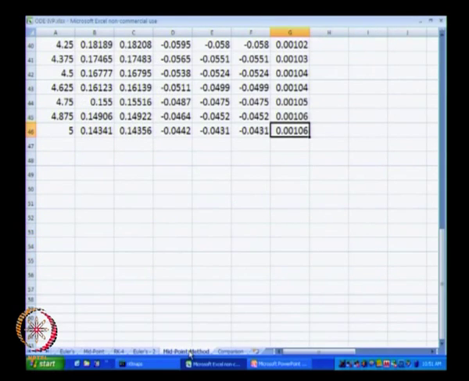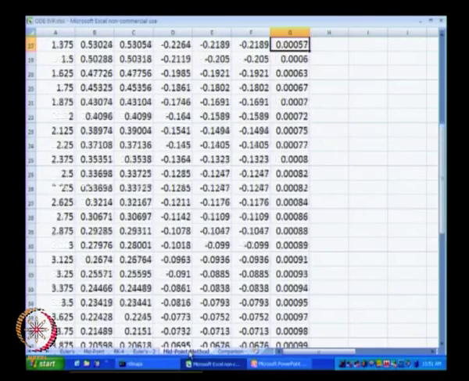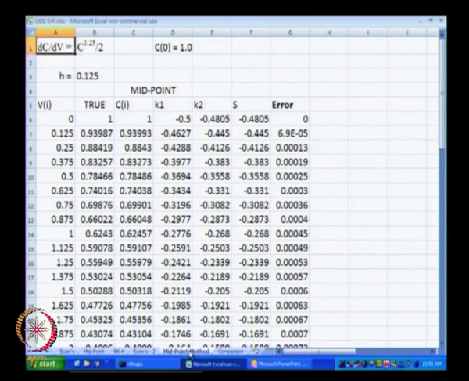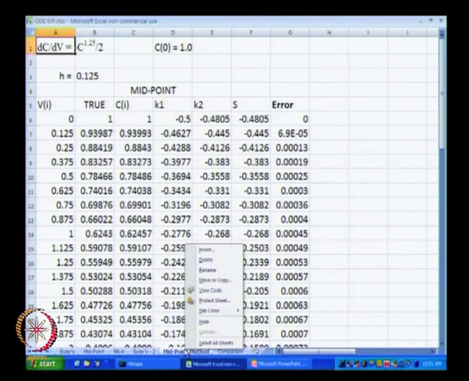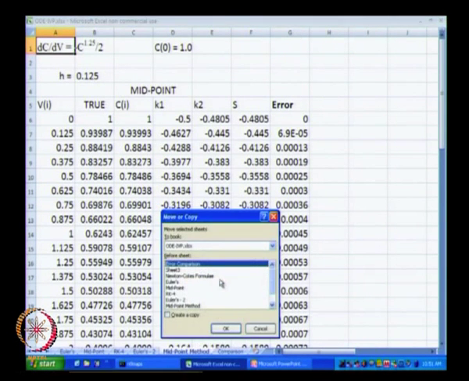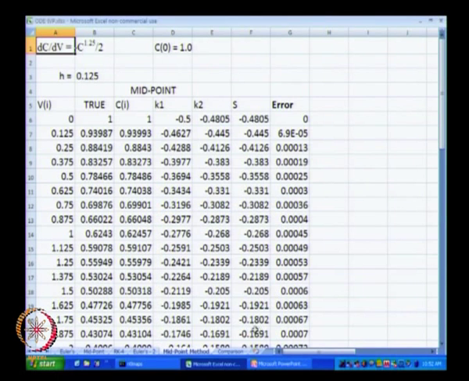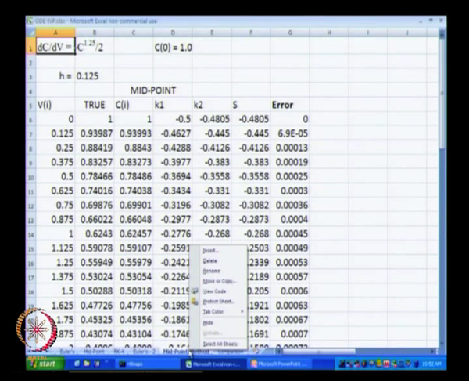What I will do next is we will try to use the Runge-Kutta method in order to solve this problem. In order to use the Runge-Kutta method, I will just copy this midpoint method to a new sheet. Let me show you again what I have done.